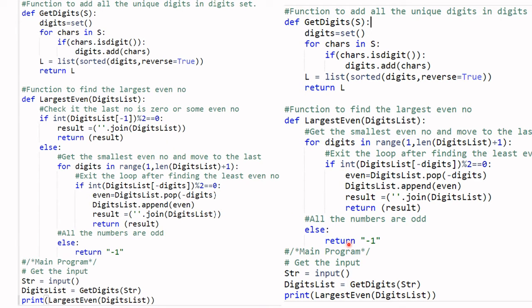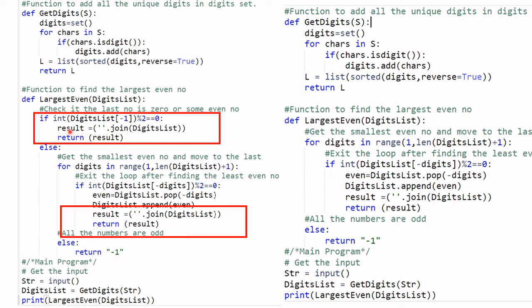Now I'm going to give you a variation on this. Can you see this? You are actually repeating the same statements. Why should you repeat the statements?